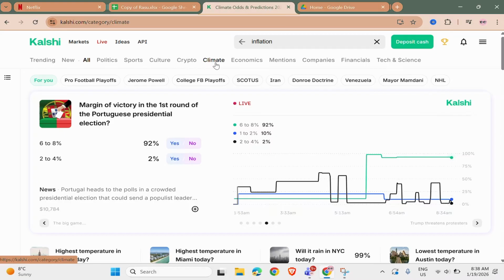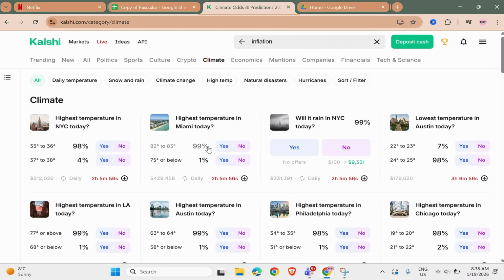And when you open a category, you can scroll through the available markets. This is a great way to discover opportunities you may not have thought to search for directly. So, that's it. Using the search bar helps you quickly find exact markets, while categories are perfect for exploring and